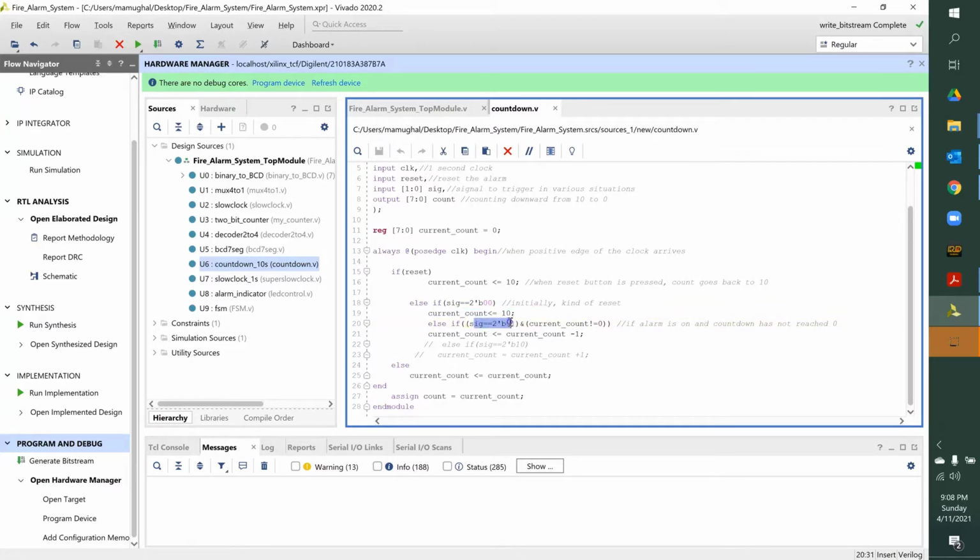Else, if signal is 1 and current count is not equal to 0, that means if one of the alarms in the room is triggered and the countdown has not reached 0, it will keep on decrementing. The current count will keep on decrementing by 1. Else, current count gets current count. It's pretty simple. Finally, assign count equals current count, because we want the timer to be displayed on the 7-segment counter. So that's your countdown,